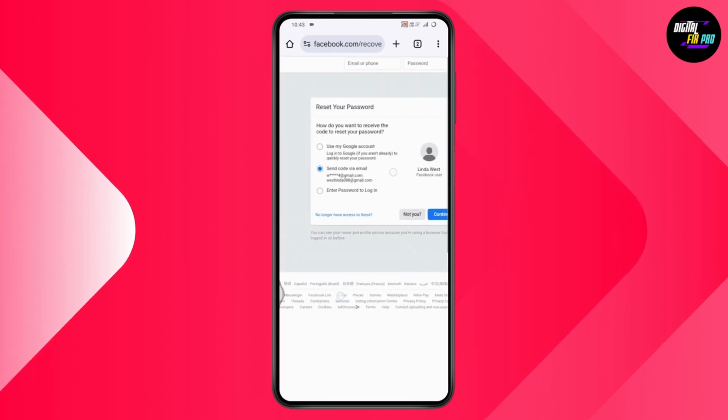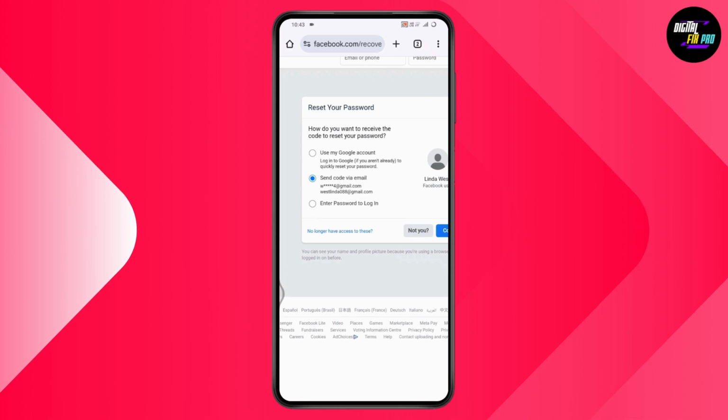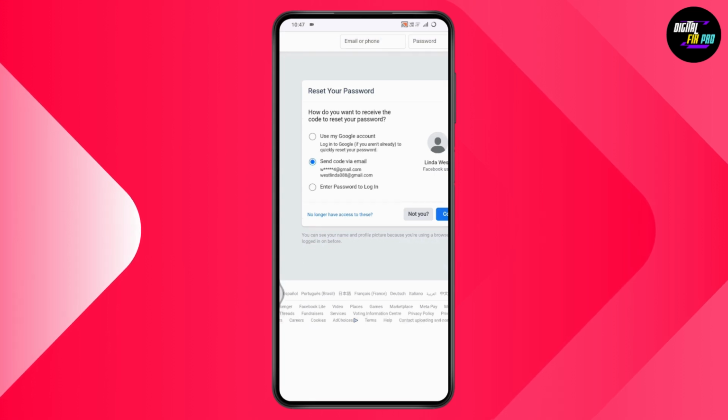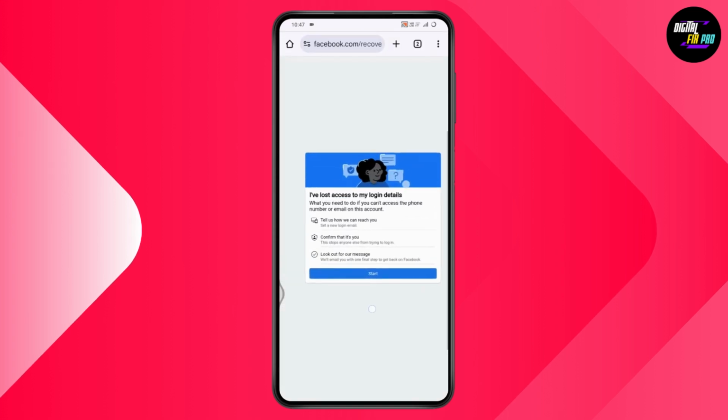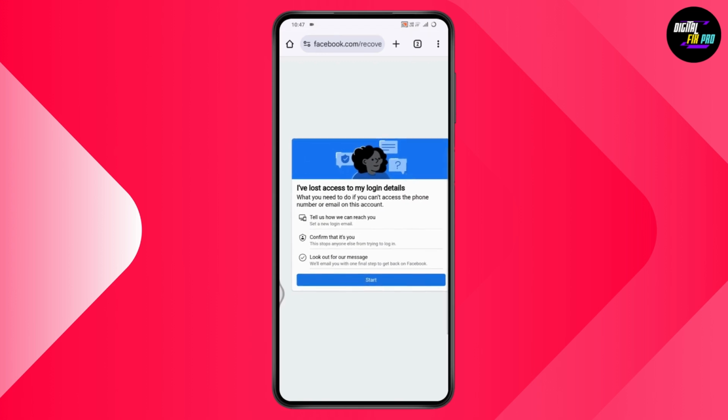Once you tap on search, now here you will get this kind of interface where you will have the email address or the mobile number or Google account or enter your password options, right, to reset your password. And here you will have the option of no longer have access to these. Simply tap on that option and it will take you to this kind of interface where you can simply go